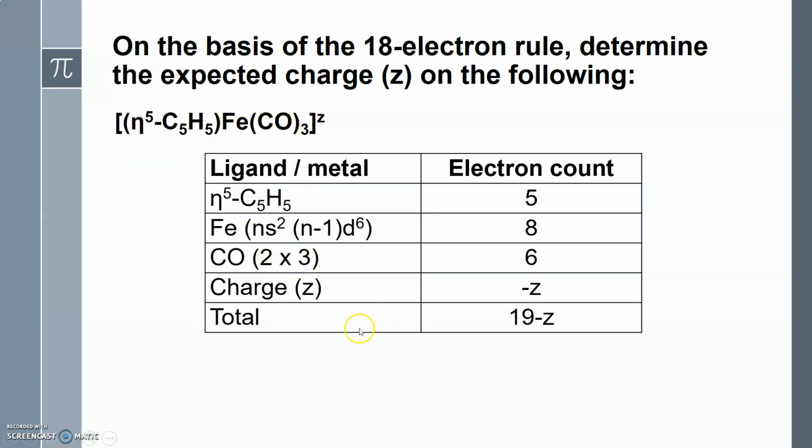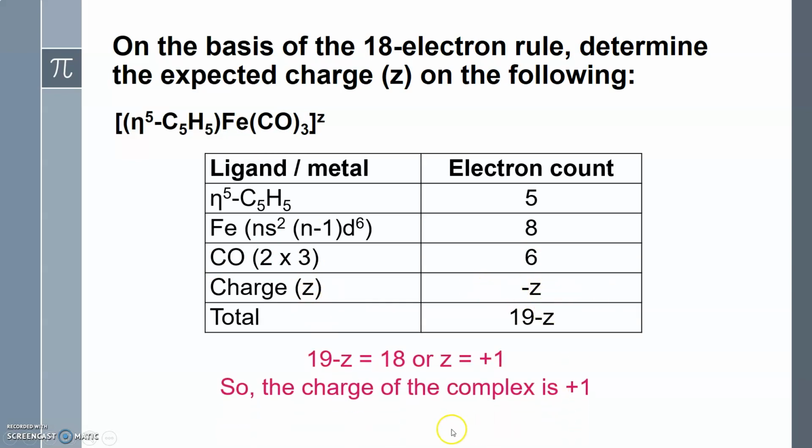There are 3 carbonyl, 6, and as it is written as minus Z, it is very similar to the previous problem. The charge of the complex is +1. Now, this is the advantage of the neutral atom method. We need not worry about the oxidation state of the metal, because now we are getting the answer as +1. So we need not think whether the +1 will refer to the oxidation state of iron. Do we have to incorporate it in the oxidation state of the iron?